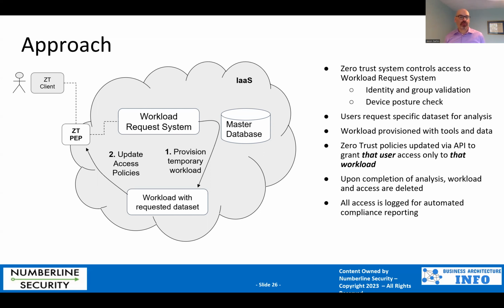Access is controlled through a zero trust policy enforcement point, and users have the zero trust client installed on their desktop. When a user says, "I need to look at a slice of data for trades for company X from October of last year," they go to the workload request system, put in those parameters, and click go. What happens behind the scenes is this system will provision a temporary workload, spin up a data slice and